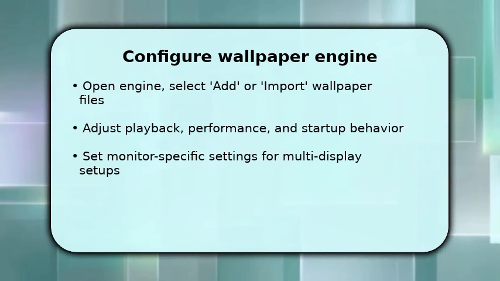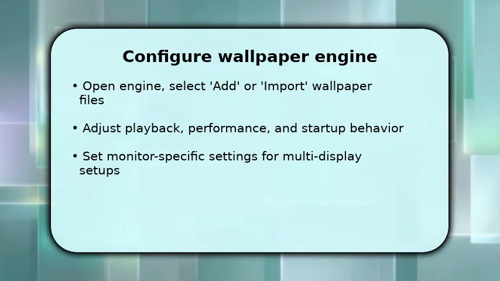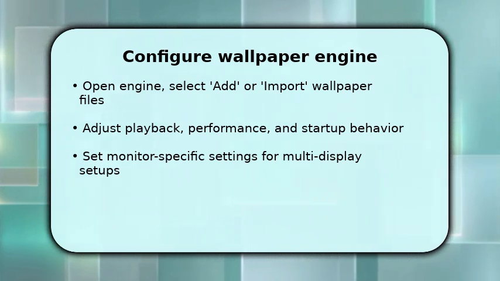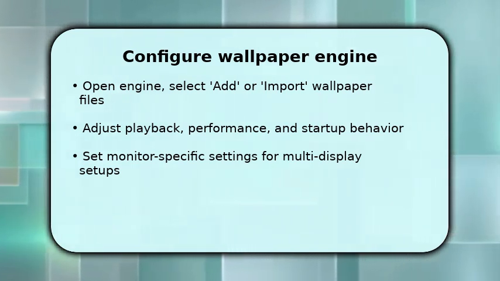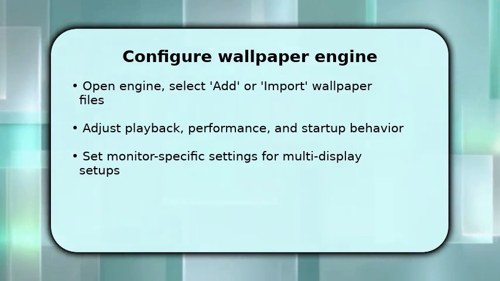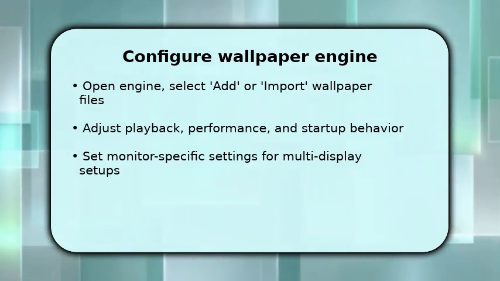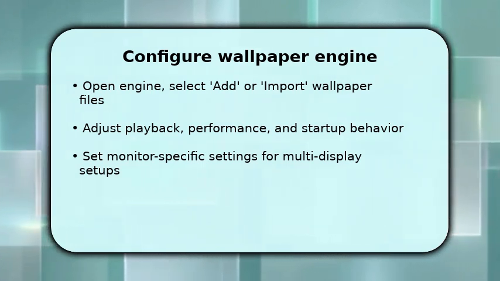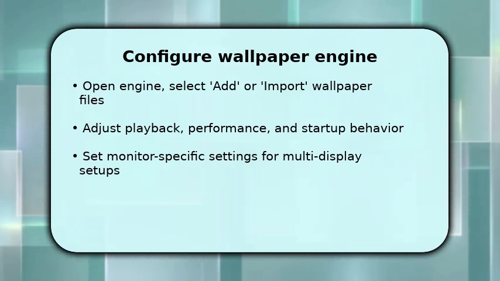Open the engine and import or add the live wallpaper you want. You can drag files or choose from built-in galleries. Then tune playback and performance settings, lower frame rates or disable audio to save resources, and enable Start with Windows if you want persistence. For multi-monitor use, assign a wallpaper per display and set scaling or crop options so images